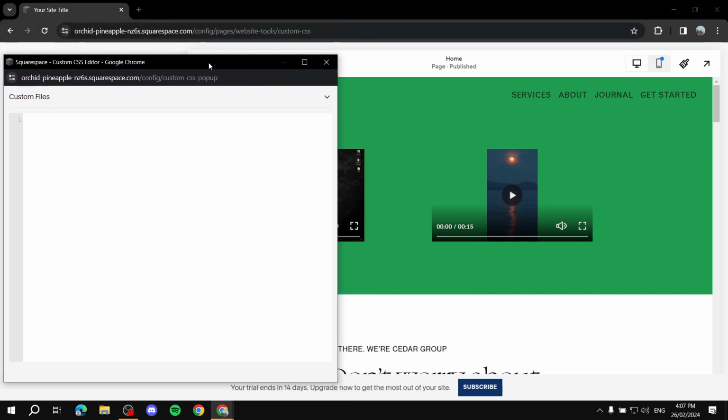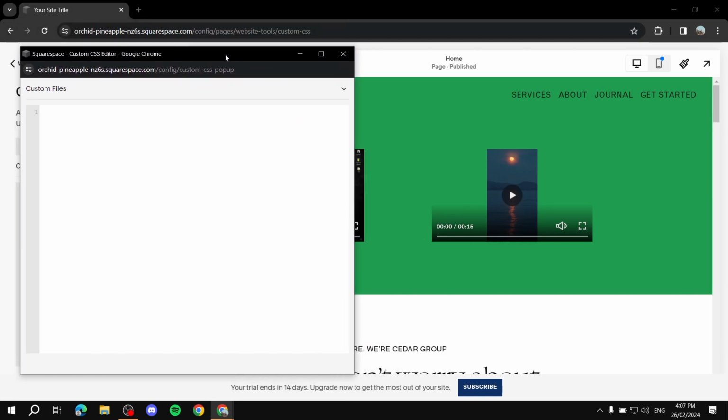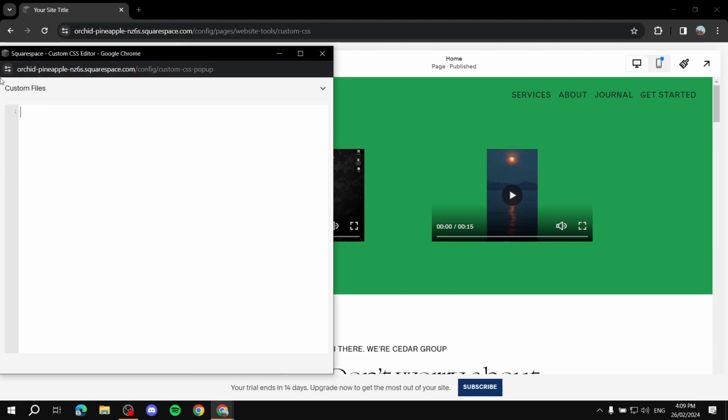And then from here, we will start actually typing in the code. So we go on line 1 and we just simply type in .video-block space .video-player, and then we enter a curly bracket. In here we will do the